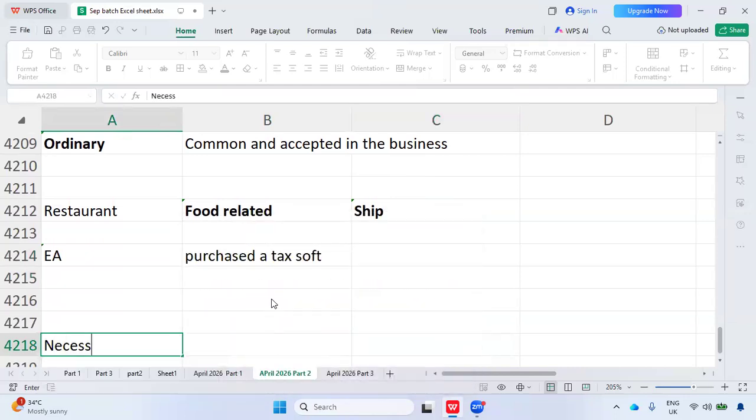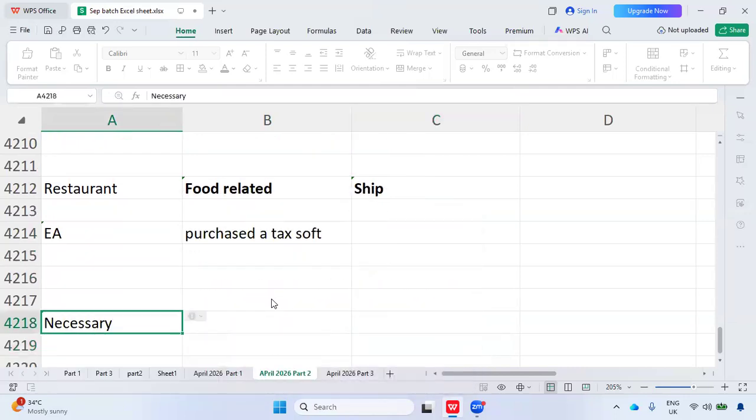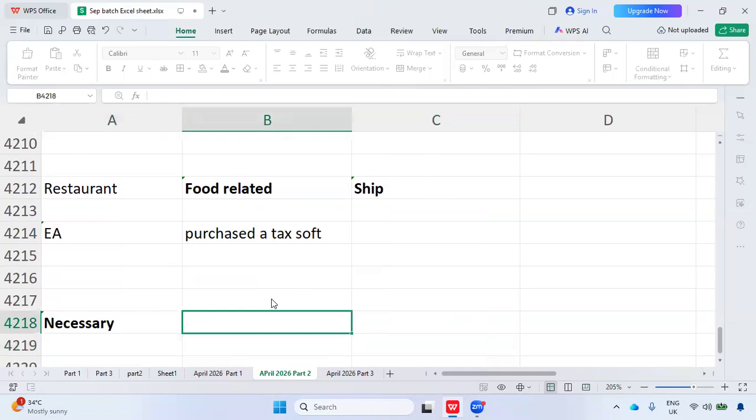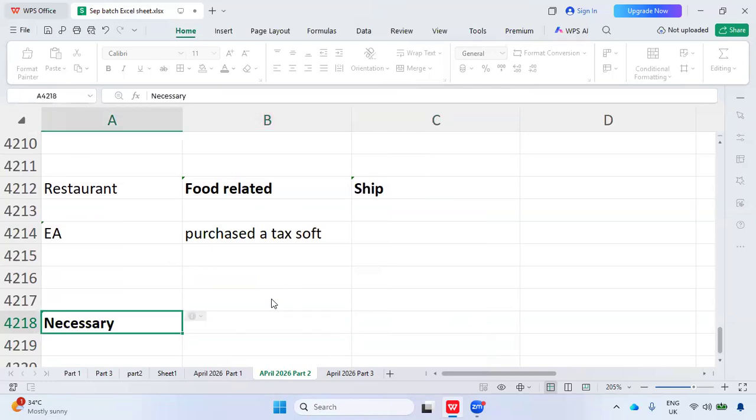So what is necessary? In general language, necessary means without which, so the expenses should be absolutely required. So which is in general term, right? So which is absolutely required, but which is indispensable. So without which we cannot run the business. So those kind of expenses are necessary. But for tax purpose, necessary doesn't mean,